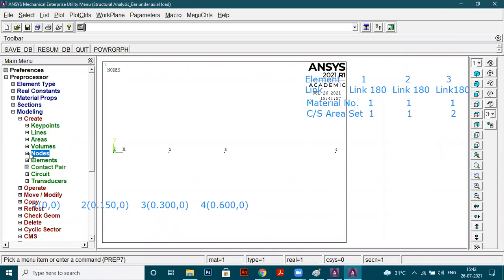Yes. Now once we have created the nodes, you might feel that node 1 is not visible, but node 1 is the intersection of the x, y, and z axes, so it will coincide with that intersection point. Here only node 1 will lie. This is node 1, this is node 2, node 3, node 4. These are just points. Now we need to connect those points, and when you connect those points with lines, our lines are nothing but elements.